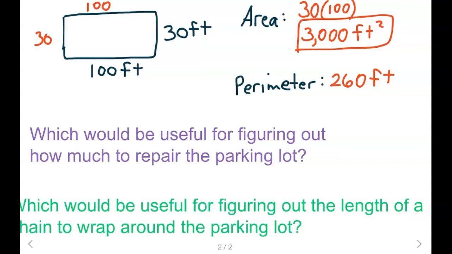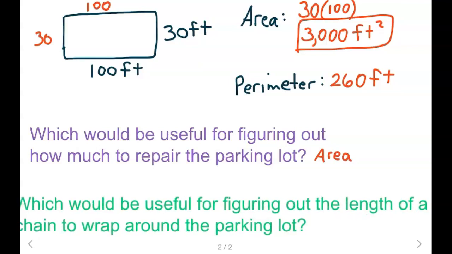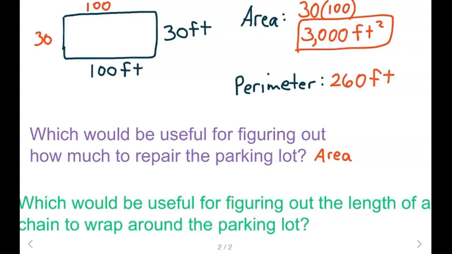Well, that would be area. And then which one would be used for wrapping a chain around it? Well, that would be perimeter, since it's around. We would need to know the distance around to figure out how much